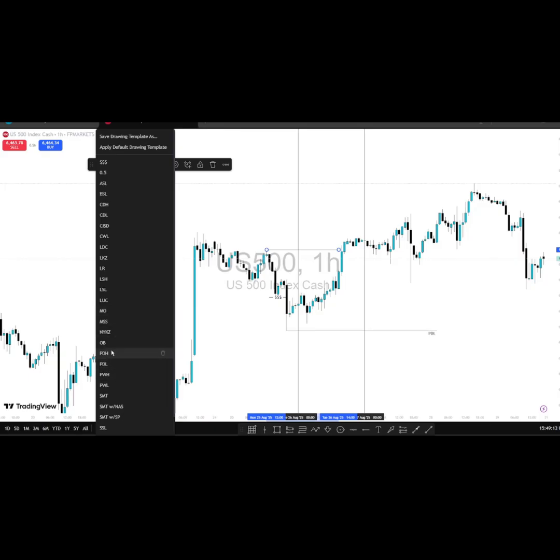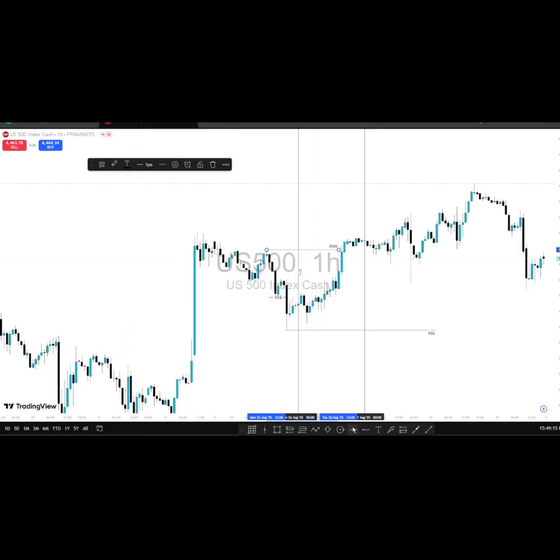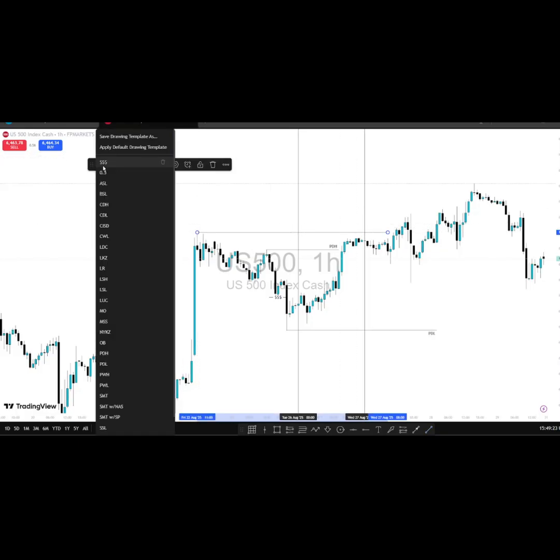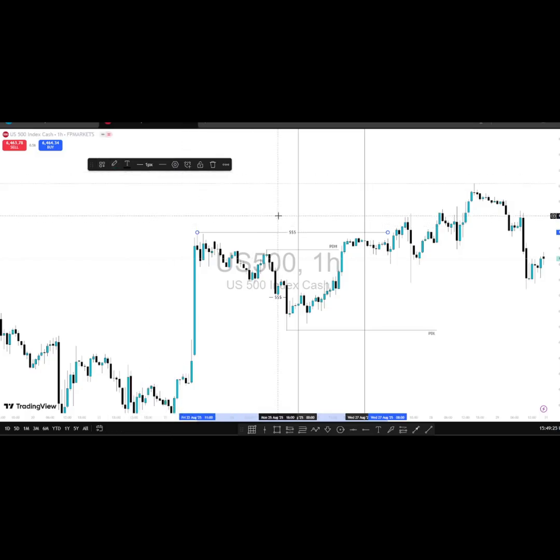Okay, you need to note that, because anywhere where we have relative equal highs or something of the sort, that means it is a stronger draw on liquidity. Price will want to reach to that price point or price level.